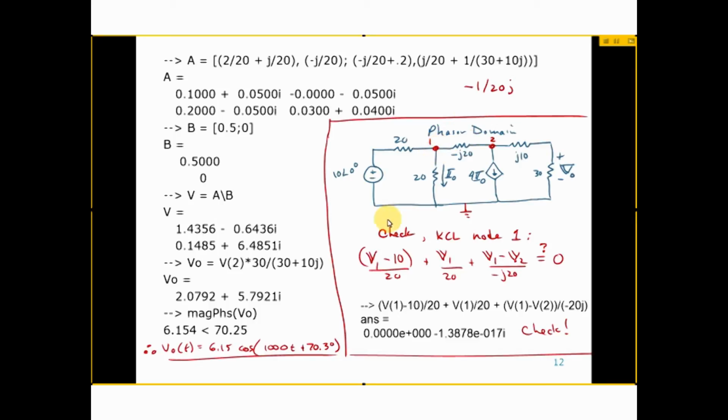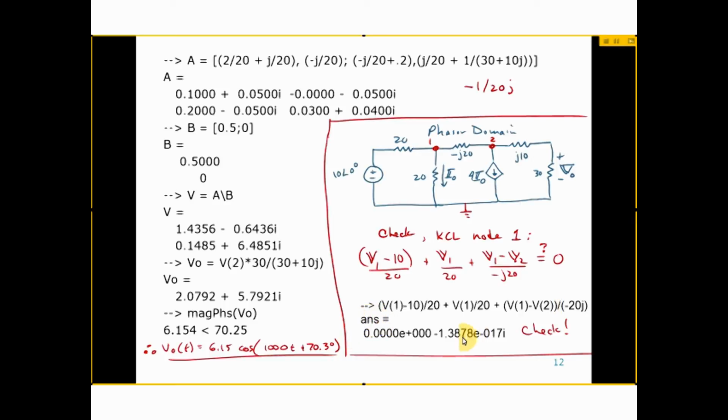So that means you got to figure out how to check to see if your answer is correct. One way to do this in nodal analysis is to do one KCL. If we do KCL at node 1 and it holds, then we can be pretty sure that we got the correct answer. So I'm going to take my solution for V1 and V2 and plug it into that formula, and I'm doing that right there in FreeMat, so I can verify it. V1 minus 10 divided by 20 plus V1 divided by 20, I'm just typing in that same equation, plus V1 minus V2 over minus j20 equals